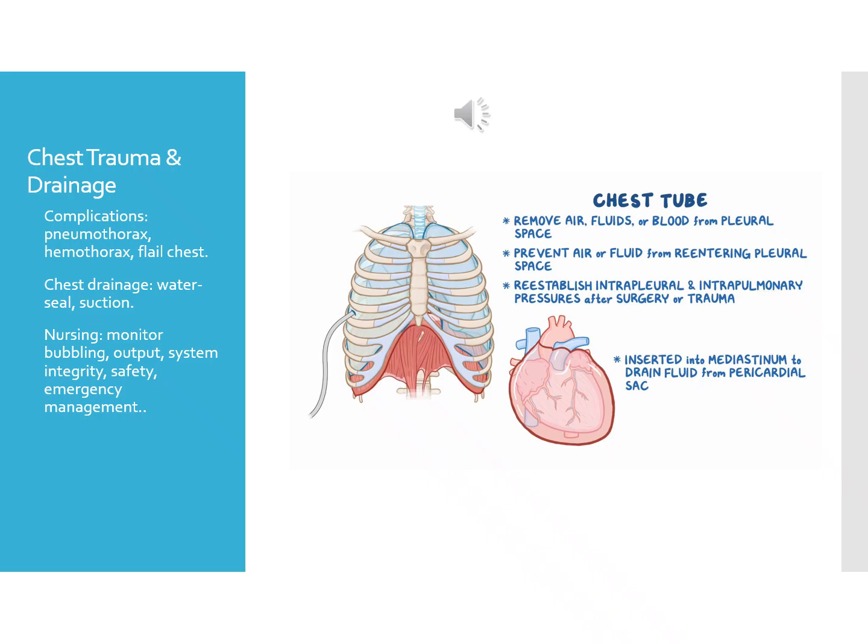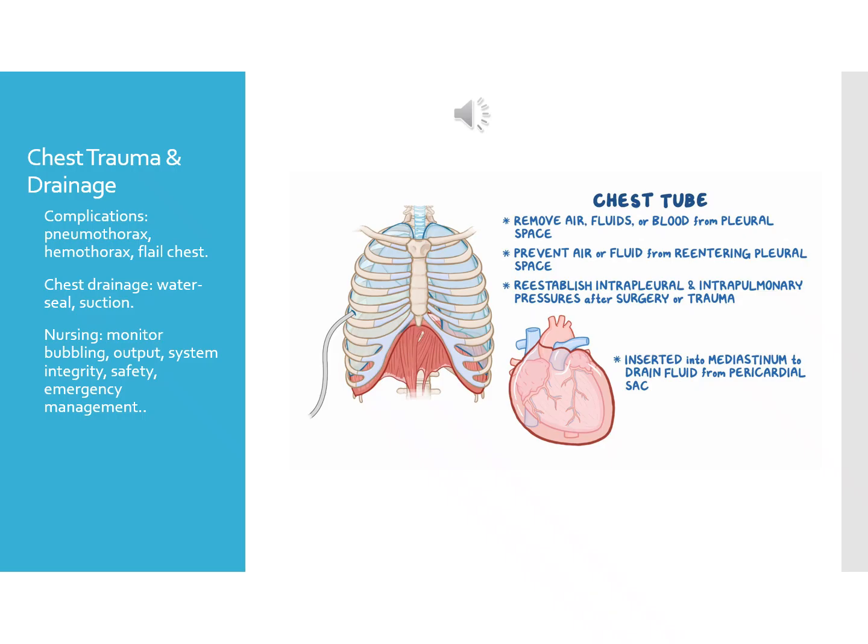Sometimes we can see the suction control chamber is what's called a dry suction. This uses a regulator instead of water to create that suction. In this area, usually there is no bubbling. So the main things to notice and do, our nursing responsibilities for a chest tube, is to keep that drainage